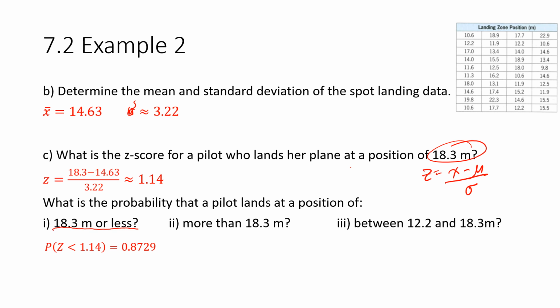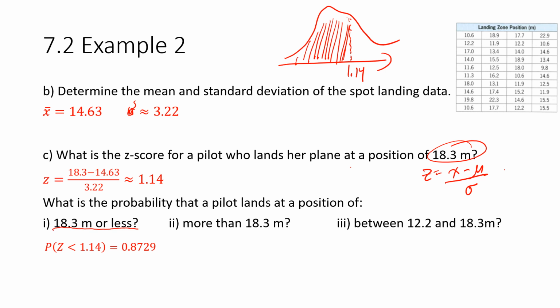Okay, so like I mentioned, the z-score table, let's say this is 1.14. The z-score table gives you the probability of that or less, right? So it's going to give you all of this right here. Now,